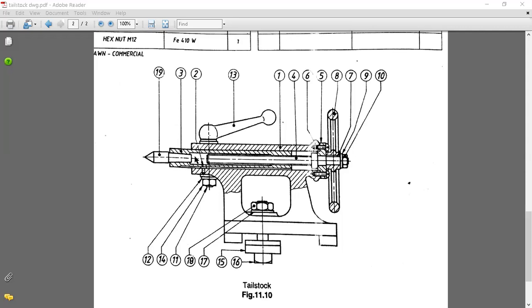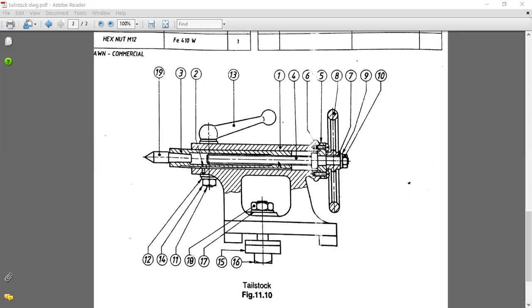Then you can insert a center, that is part number 19. Below this barrel we have a keyway slot. In that keyway we need to insert this key, part number 2. Then from the back side the screw spindle should be inserted, and that will be fixed with the flanges and screws here.